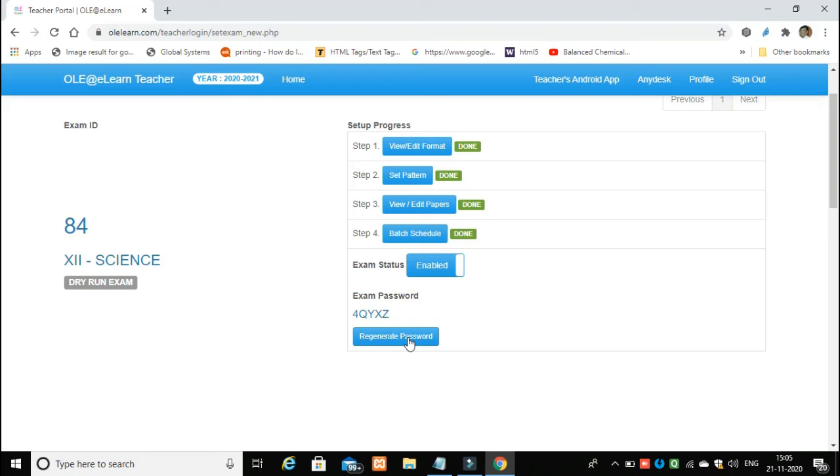I hope you will convey all these ideas to your principal and you can do the real assessment in your login. For further details, we request you to contact us on the given number and we will provide you a live demo once again for the entire examination, how you can set the examination, how students can give the examinations, and it will become very easy for you to come out of the examination structure and you can give a real feel to the students using this entire software. I hope any information you need, you are always welcome. Thank you very much.